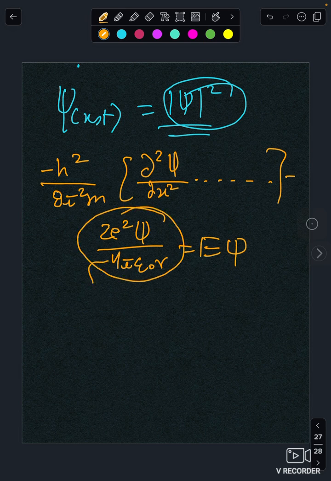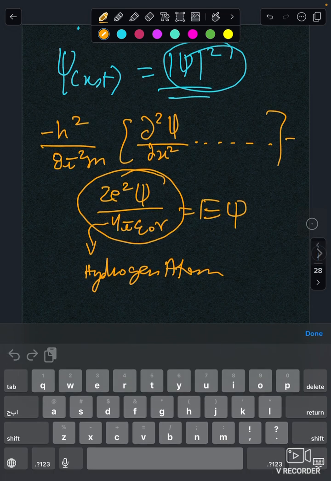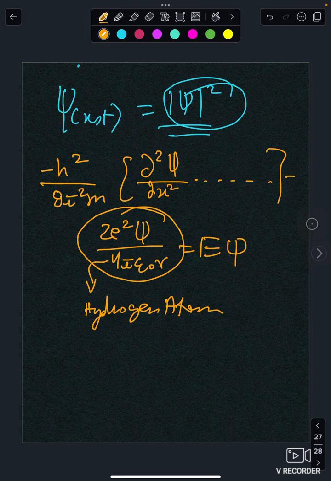This is the potential for the hydrogen atom. We'll not talk about the details because it will be a lengthy topic. So then, the difference in a Schrodinger equation is that the